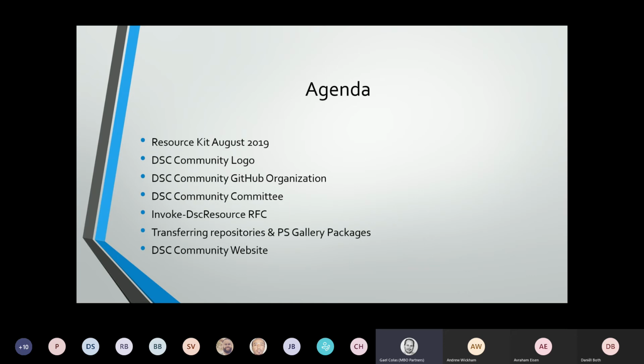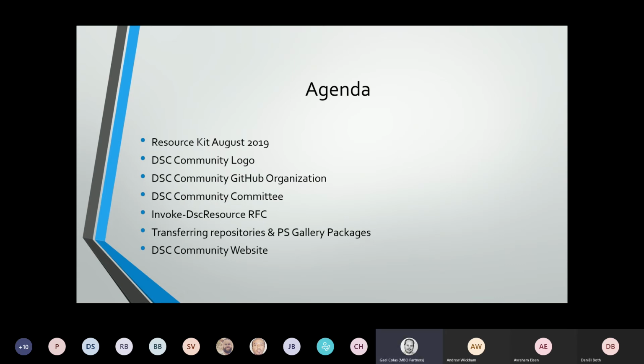So we'll start by actually doing what we usually do during these calls, which is talking about the resource kit and what's going to be released next week. So wanting to make sure we're talking about the breaking changes and everything, and then we'll go straight to all the releases you can see on the list. So we've had a DSC community logo, a vote on the DSC resource